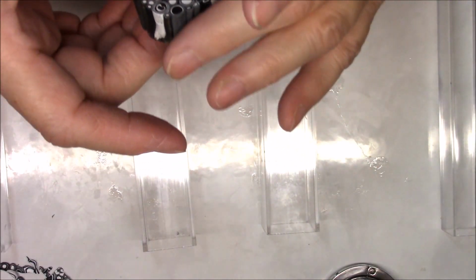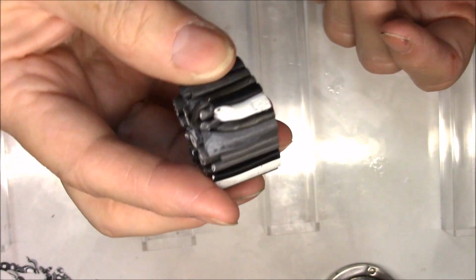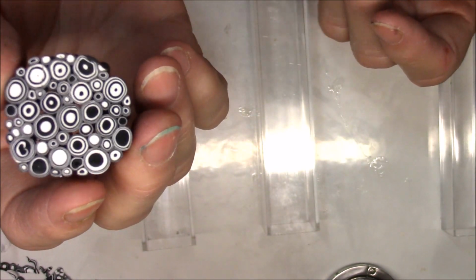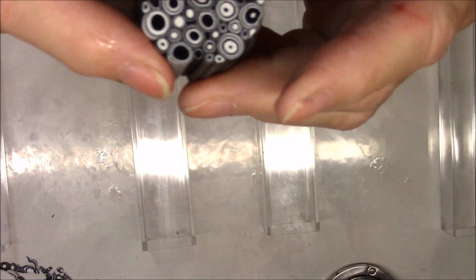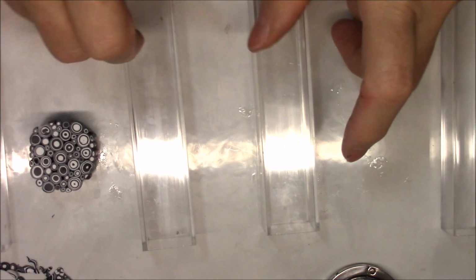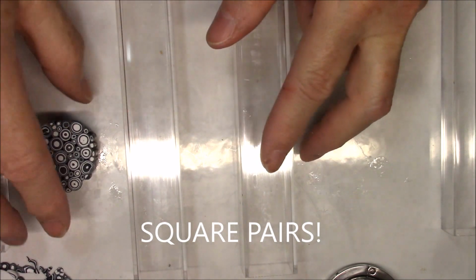If you watched my video on making the little purse holders, I showed you this cane, and I'm down to where it's not very much of it left, but I would like to make a veneer of this. And because it is not square, it's going to be difficult because all these little round edges aren't going to fit together. So what I'm going to use are my squared ups from Teresa Saldago's